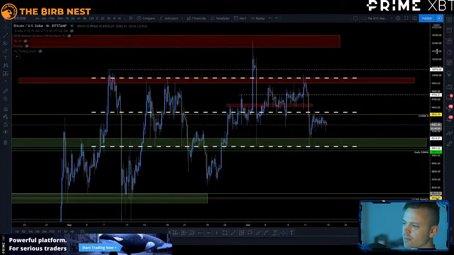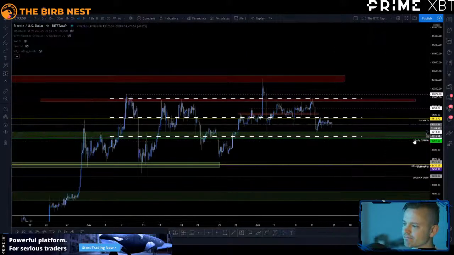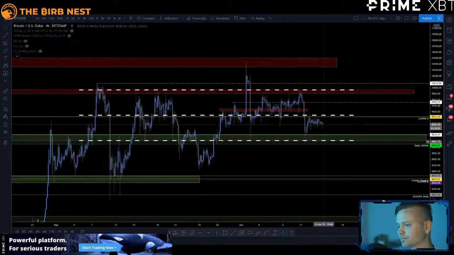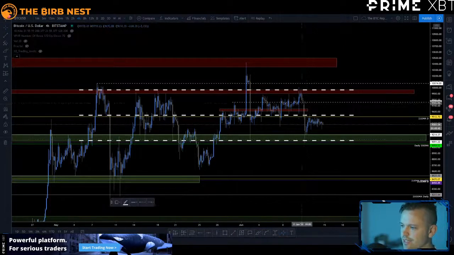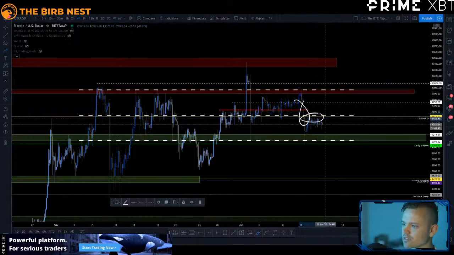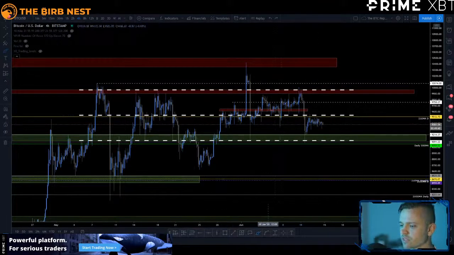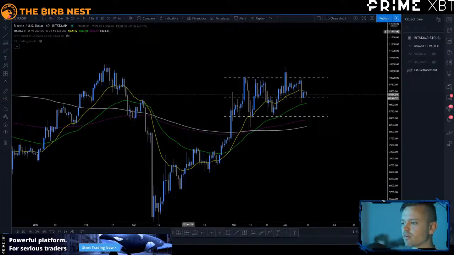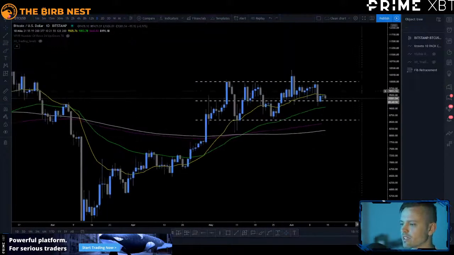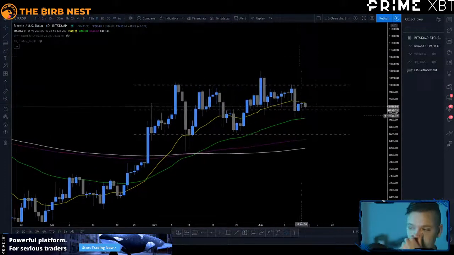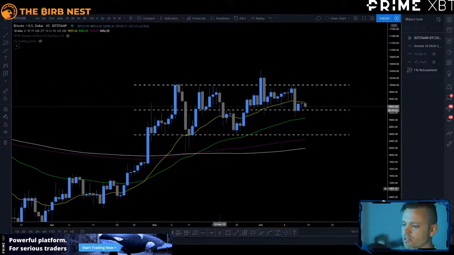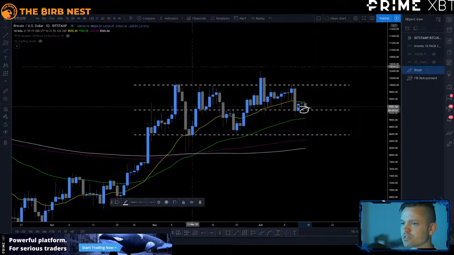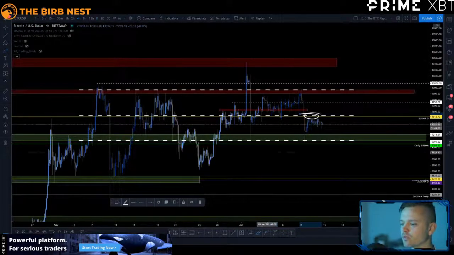The 4-hour, I mean, it's hard to really get a grip of Bitcoin's price action right now. Obviously, this move here and the fact that we had a bearish retest of the range EQ on this 4-hour range is obviously a bearish thing. But the fact that we are holding range EQ on this bigger daily range is a bullish thing. But if we lose range EQ on this one, it will mean that we most likely